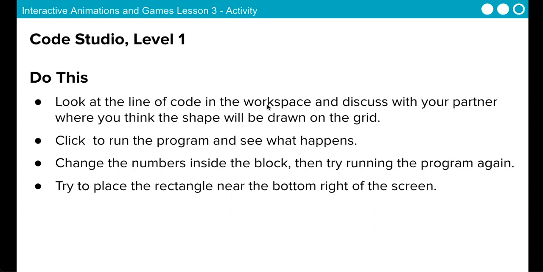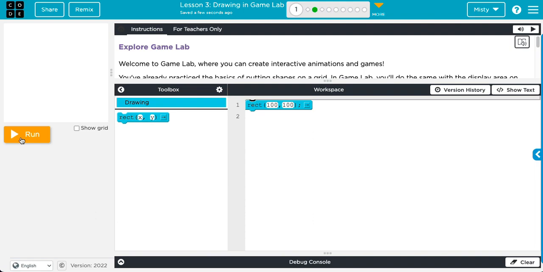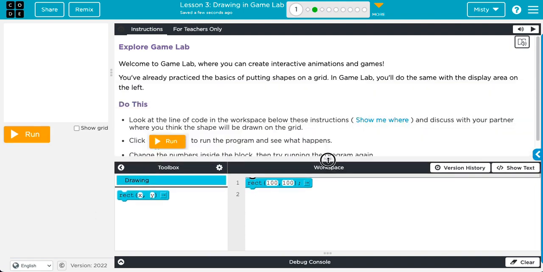Look at the line of code in the workspace and discuss it with your partner where you think the shape will be drawn on the grid. Click to run the program and see what happens. Change the numbers inside the block, then try running the program again. Try to place the rectangle near the bottom right of the screen. So if I click run, now remember,